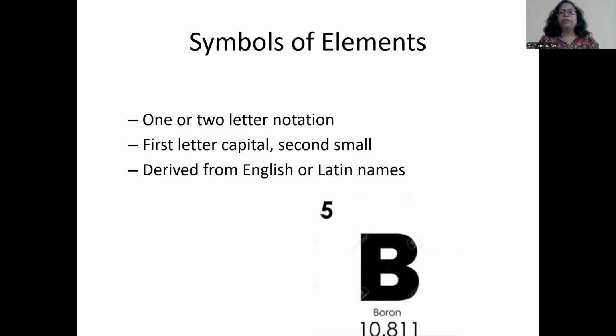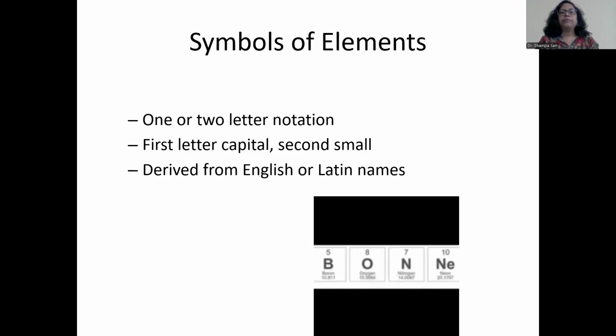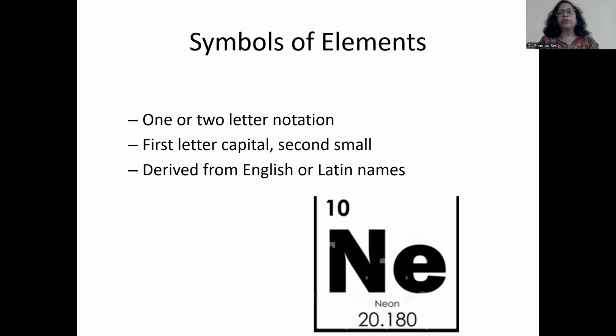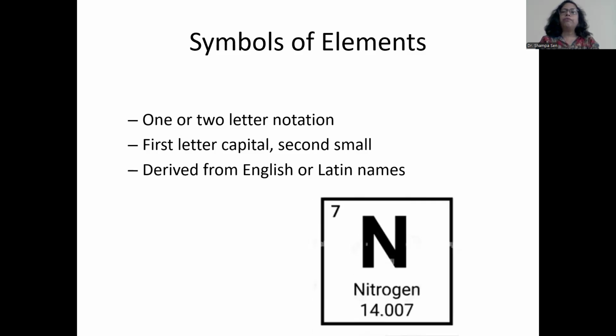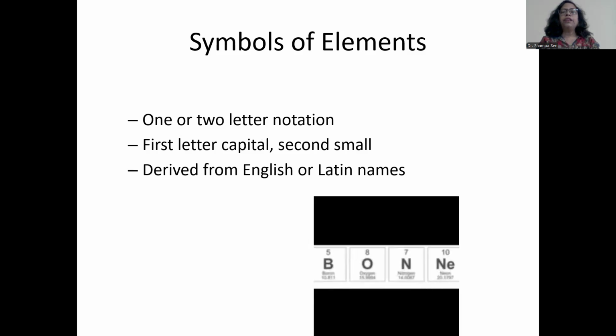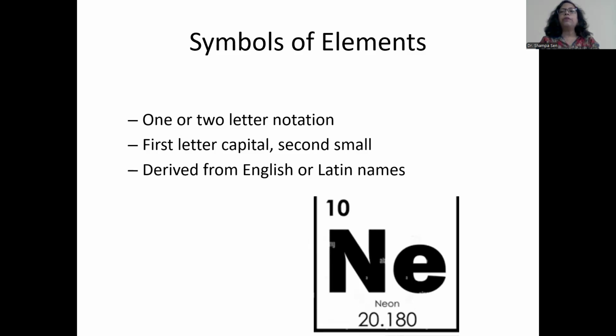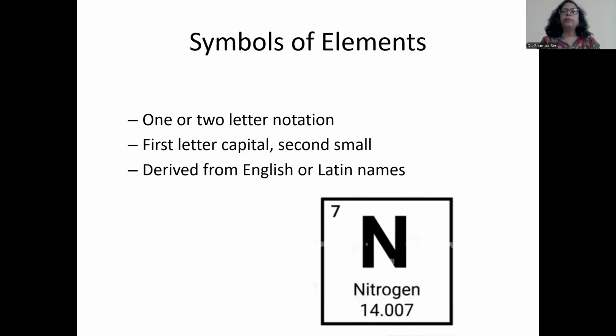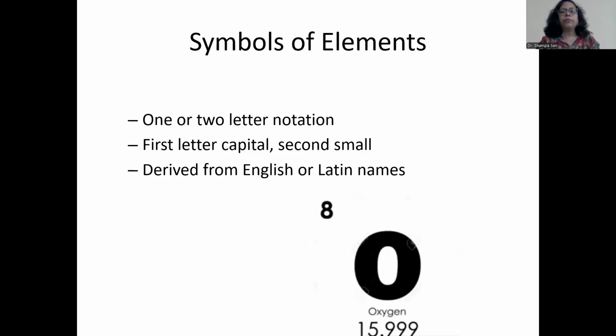So symbols of elements, how elements are symbolized. One or two letter notations are used, the first letter always being capital and the second one small. These letters are derived from English or Latin names, not only from the spelling but also from the pronunciation. So some examples are shown here. More we will learn with the